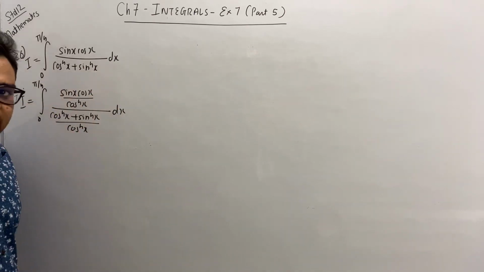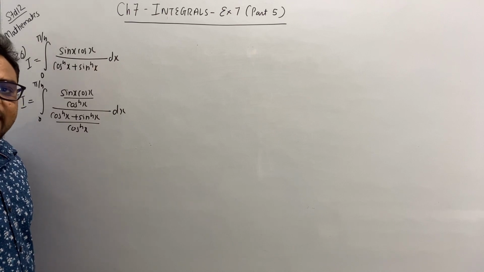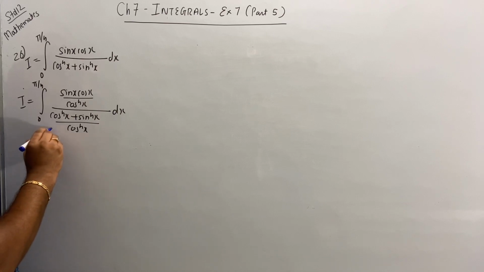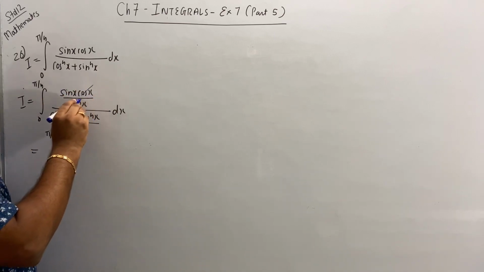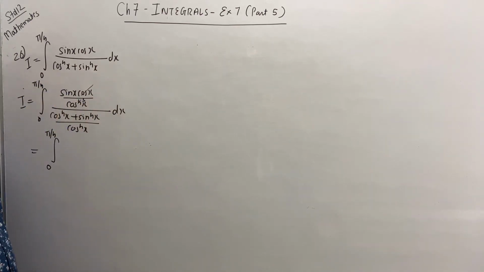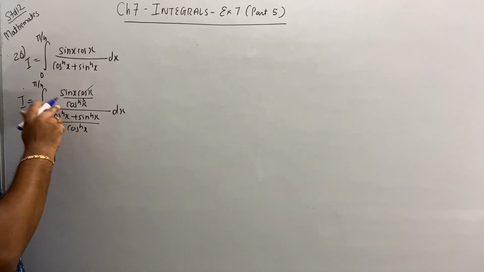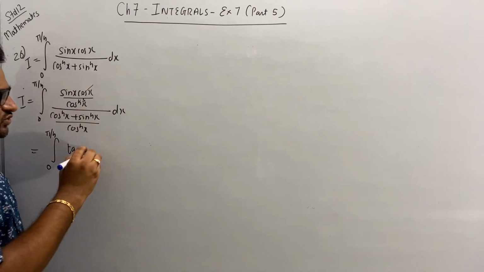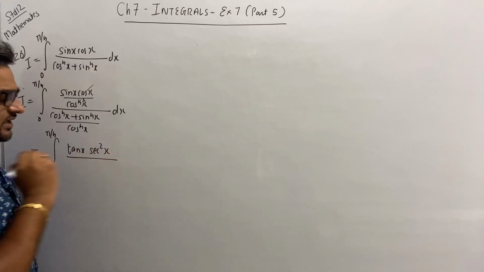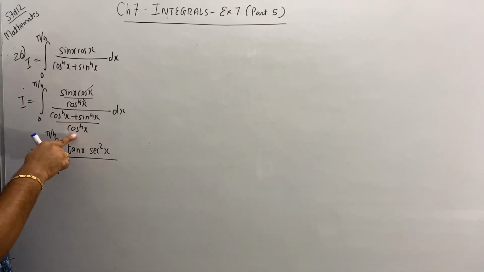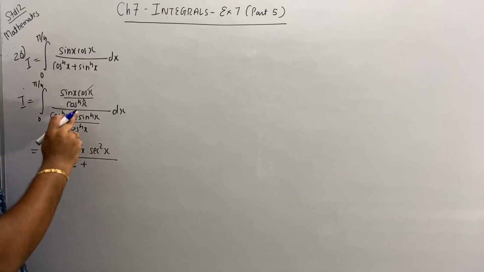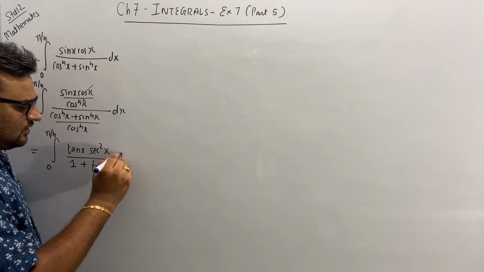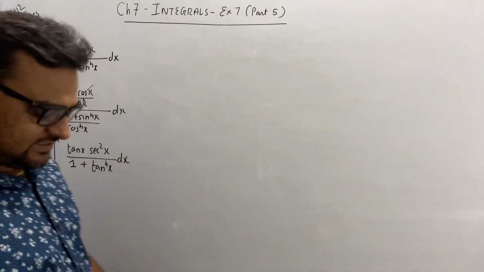Remember, if it was square, then I would have divided and multiplied by cos square. So see, what will be your answer here? Cos raised to 4, here it will be cube, right? So sin upon cos, tan x. Now remaining cos square, 1 upon cos square, sec square x, upon cos raised to 4 upon cos raised to 4, 1, plus sin raised to 4 upon cos raised to 4, tan raised to 4x dx.